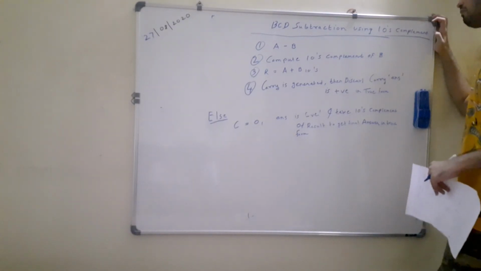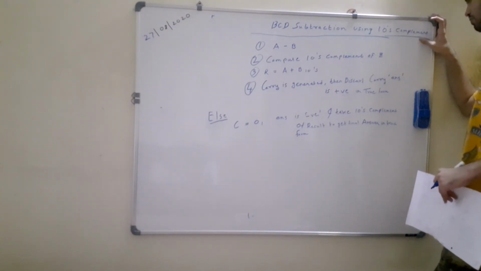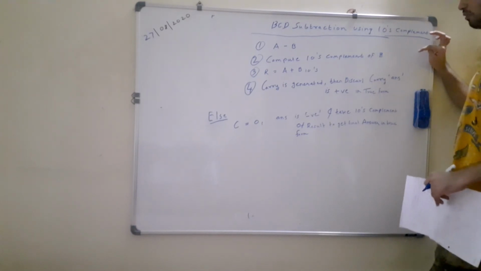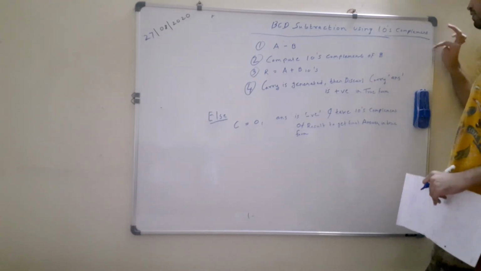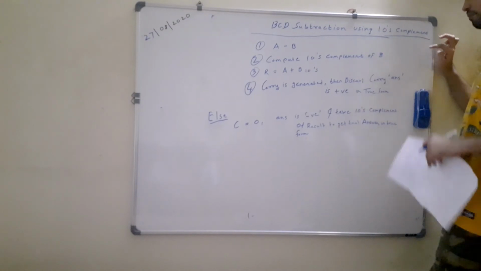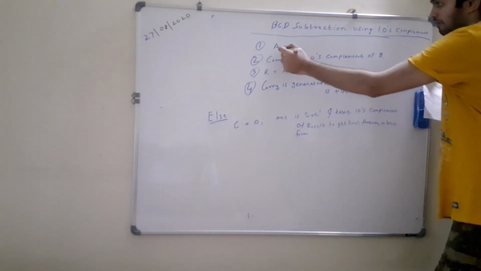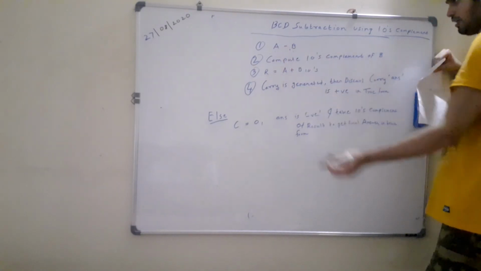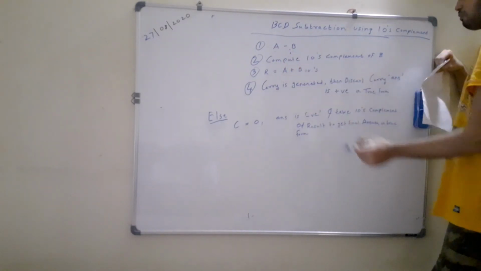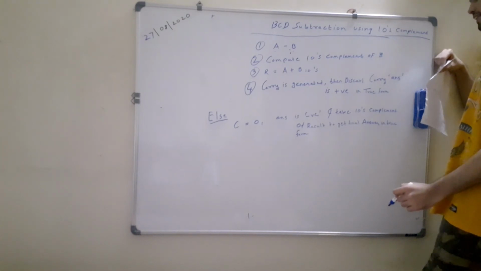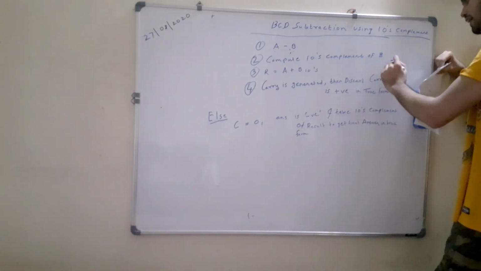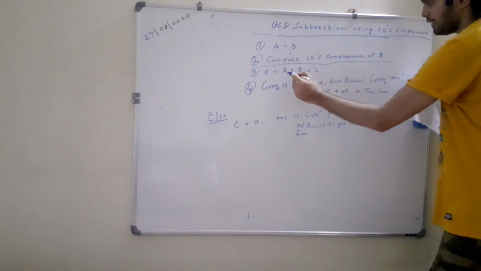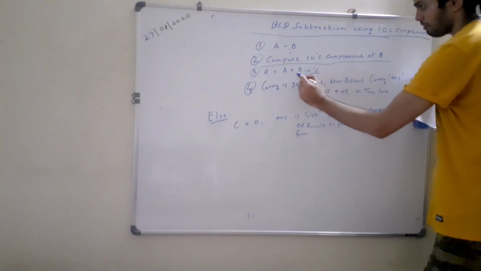So now we are going to study BCD subtraction only, but using tens complement. So here are the steps while performing BCD subtraction of two numbers using the tens complement method. We are supposing A and B are two numbers on which we want to perform BCD subtraction using tens complement. So this is A minus B. If you want to subtract B from A, you need to find the tens complement of B in the second step, and then add the tens complement of B to A.